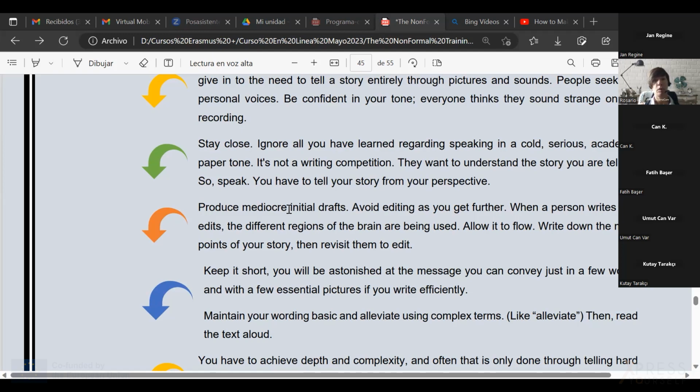Write down the main points of your story and then revisit them to edit. As I said before as well, you have a draft, you can make modifications on it, and then the farther you are in the process of creating, the fewer changes you should make. Keep it short. Remember that storytelling is between 2 and 10 minutes, so you cannot tell your entire story.